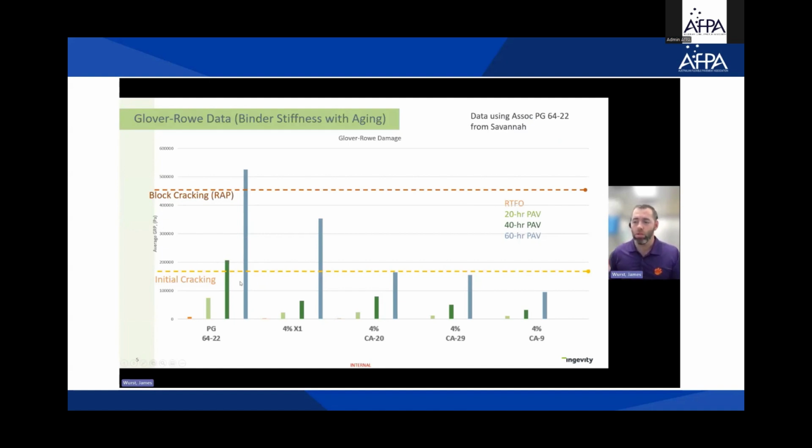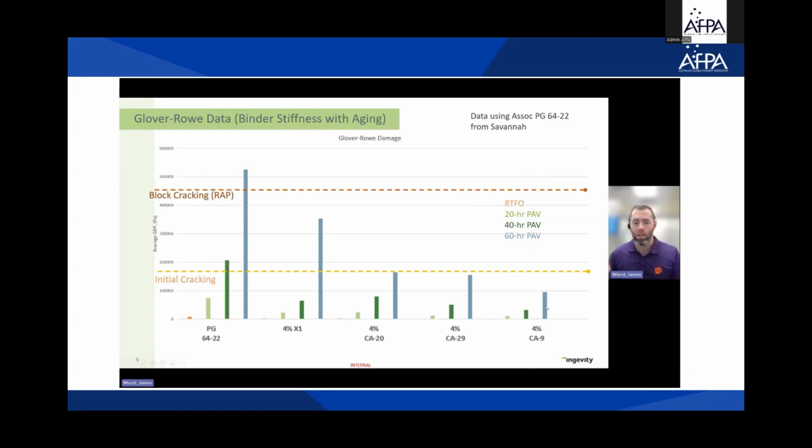pascals. Basically, this is a control PG 64-22 binder. The orange bars are the rolling thin film oven aged binder. Light green is 20-hour PAV, which we would say is approximately 5 years of field aging, depending on your region, could be more or less. 40-hour PAV, so I think 10 years of field aging, and then the 60-hour PAV is approximately 15 years of field aging. What you see here is that at 10 years, this binder is showing some initial cracking, and the blue